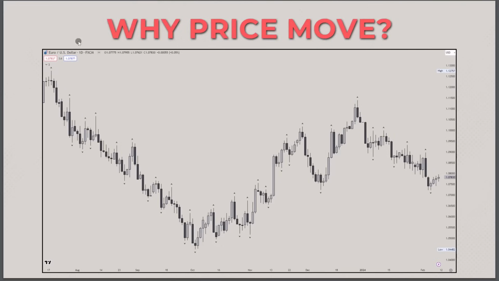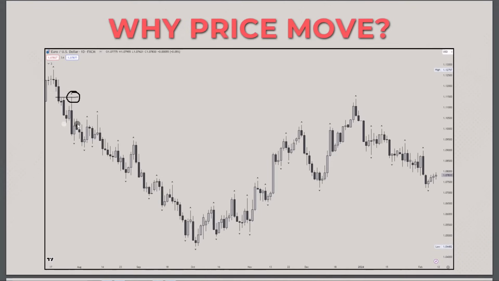Now, looking at this daily chart, this is EURUSD, the daily chart. Starting from any high or low, any dealing range, even if we take a random high or low, you're going to see that price will always do the same. This is the current price action on EURUSD. If we start from here all the way to the left, we had this fair value gap. Price simply filled this fair value gap,